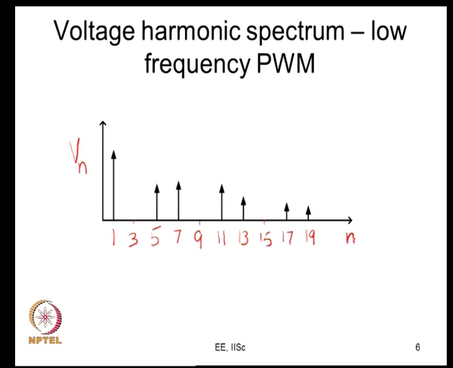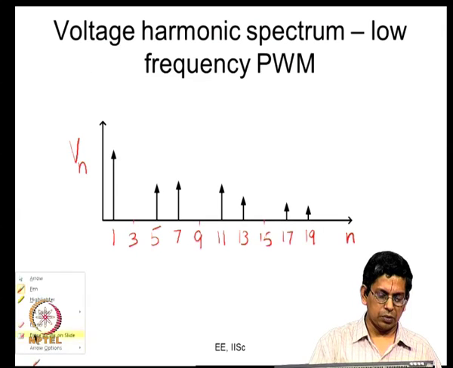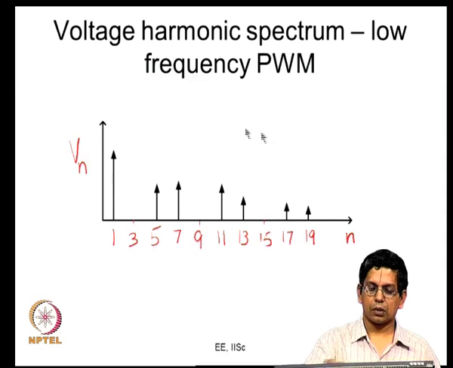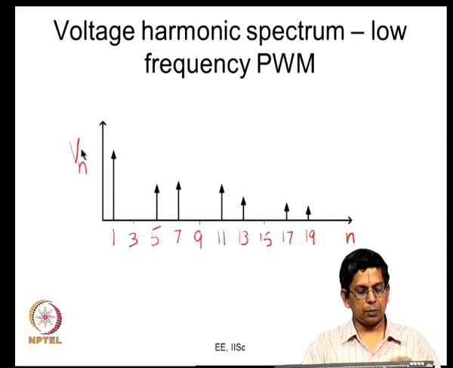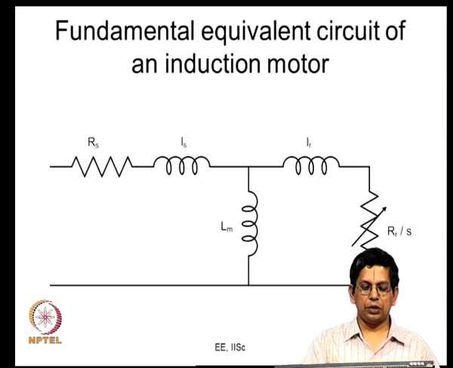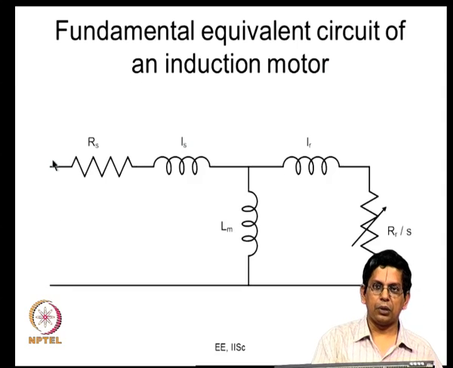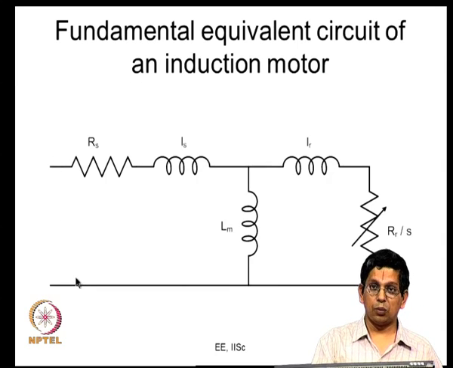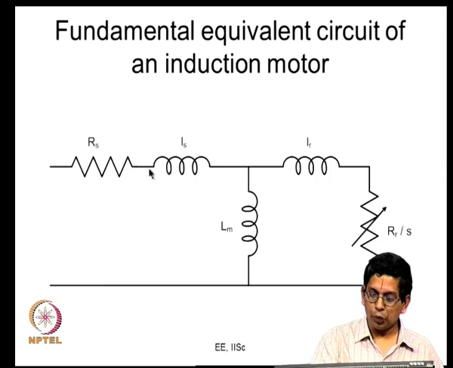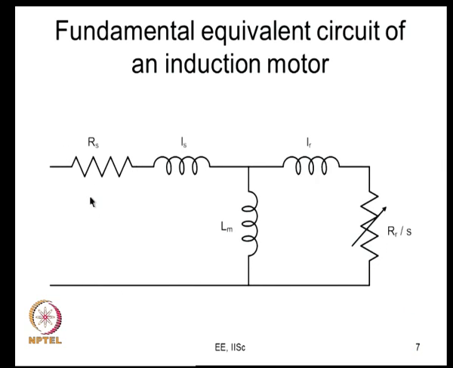So, let us say such a kind of waveform is being applied whose frequency spectrum is like this. Such frequency components are being applied onto the motor. The fundamental component gets applied on the motor, it is the one that produces the torque, essentially the steady torque. So, the current produced can be calculated by this. This is the fundamental equivalent circuit. If you want to analyze the effect of the fundamental voltage on the motor, you can use this equivalent circuit.